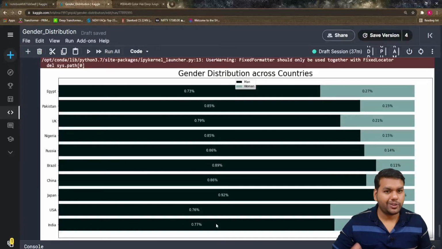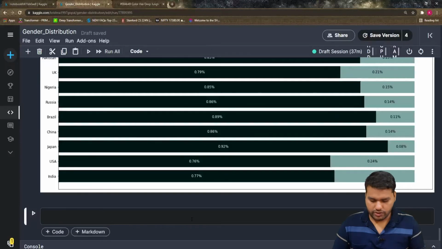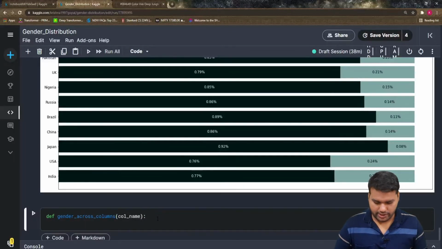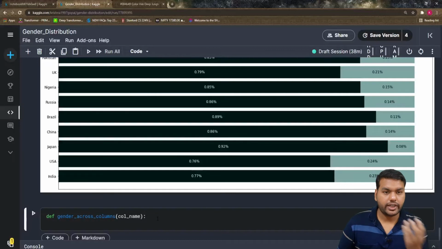So let's quickly write all the steps. First we define one function, that is define distribution gender across columns. You can give the column name here, I think, yes, and for now this much. What we always do, we create the dictionary.